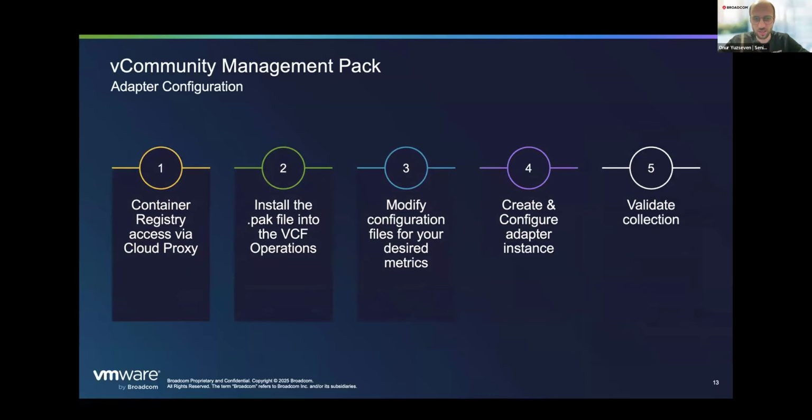And actually, about the installation and configuration, we can finish the entire process with only 5 steps. Imagine if you have container registry access in your cloud proxy, you can easily install the pack files, because the same pack file actually knows where the container registry is located. So if you have container access, it will just automatically pull the container image and execute the first adapter